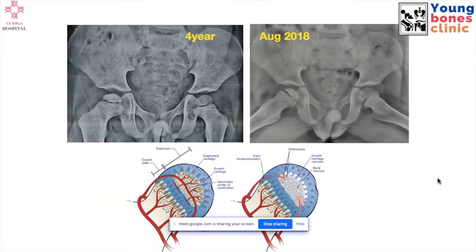This is another child who presented with a painless limp on the right side. No significant history of any trauma or fever, anything which would lead us to an infective or an inflammatory cause. When we got the X-ray done, frog leg lateral and an AP view, this was a classical presentation of Perthes hip. As you can see here, this is an early onset Perthes. There is hyperdensity, there is sclerosis in the capital epiphysis. The other side is normal. Whenever you see this, it is very early onset Perthes.